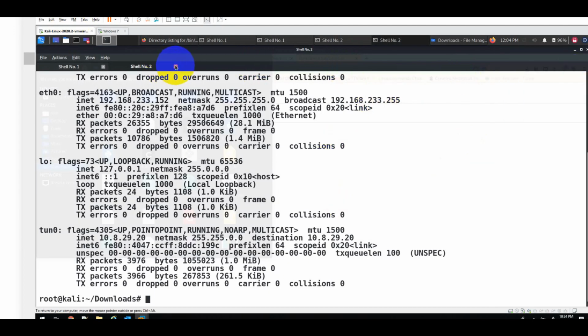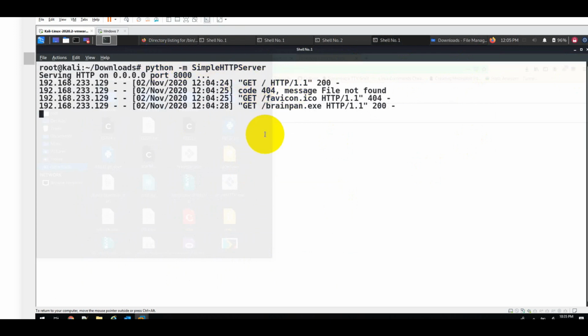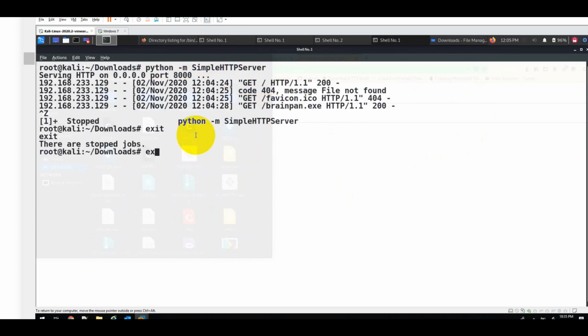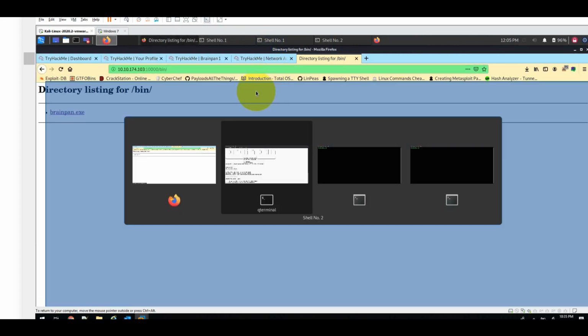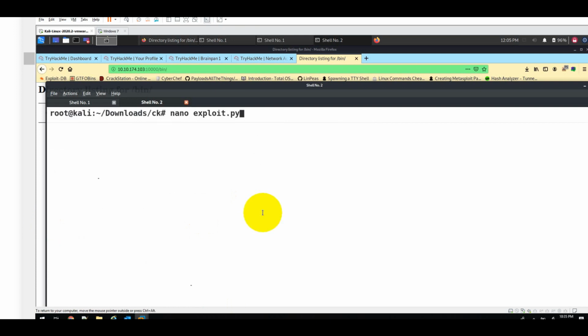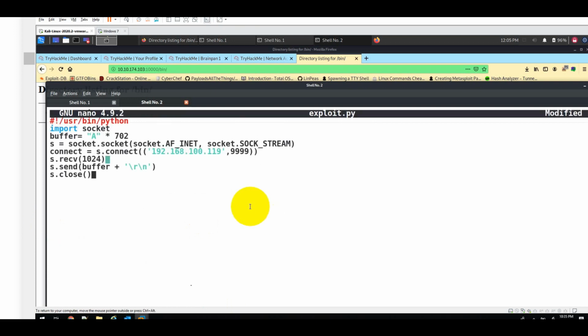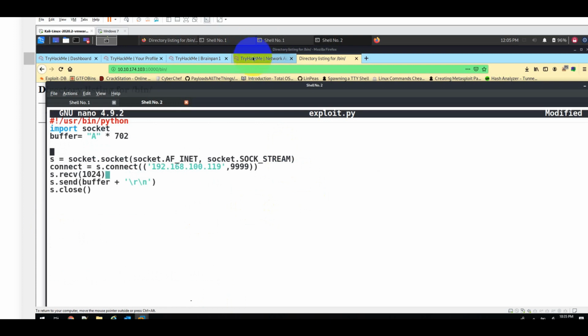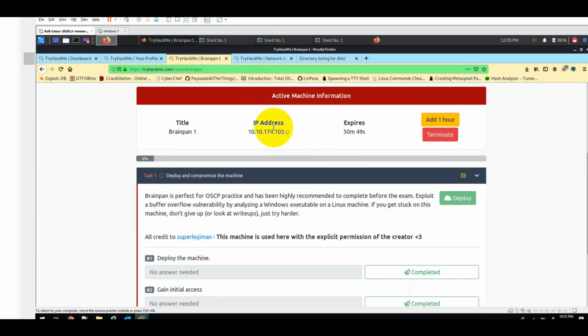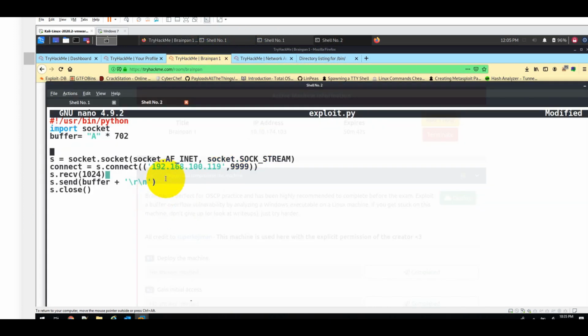In OSCP, you might not get the binary from the web application, but you'll get the binary placed on the remote desktop, along with Immunity Debugger and all those things. You'll also be provided with a skeleton Python file. In this case, I just wrote this one to show you how it is going to be. I'm going to send a buffer of, let's say, 700 A's. I would recommend in OSCP you start with maybe 3000 A's, and then see whether you're getting an overflow or not.